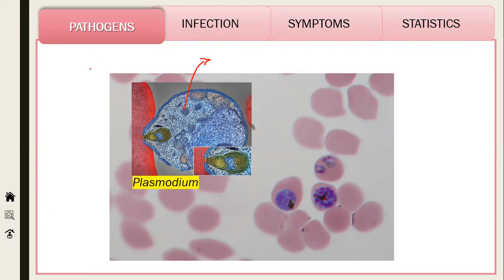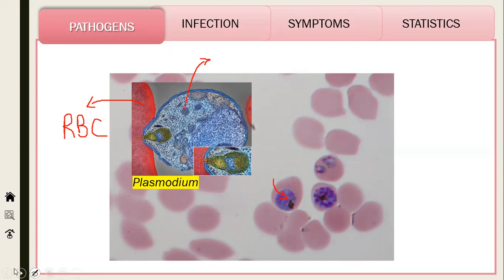malaria. And this plasmodium is penetrating into a red blood cell. It's our red blood cell. So they need red blood cells for their reproduction. And this bigger picture shows our red blood cells and some parasites, plasmodiums, which are already inside our red blood cells and reproducing